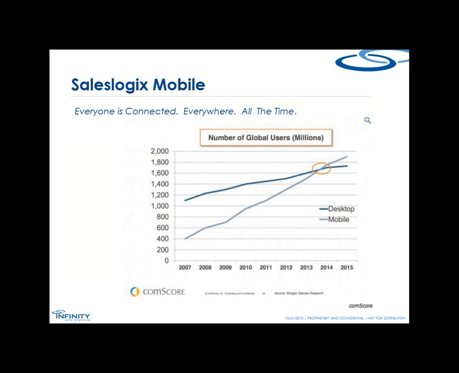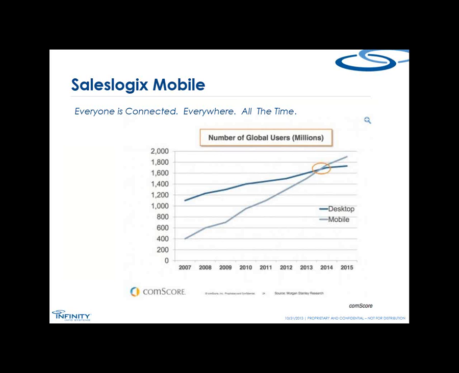What that means is that application design, and the user's propensity in terms of where they're going to take up an application, is going to be off their mobile device first, with the desktop being a secondary use. We probably all feel that today in terms of when we need to work and communicate from everywhere. Everyone is connected pretty much everywhere all the time. So it's really important that the platform we're using from a CRM and enablement standpoint really supports this change in the way our users are going to be accessing their application.